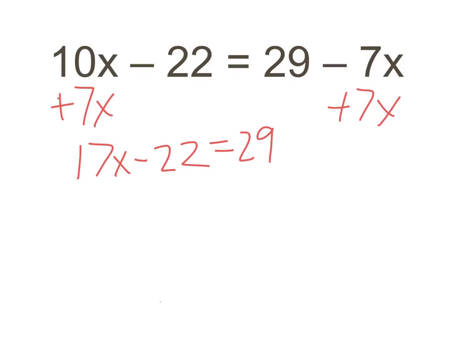The next thing we're going to move over, following down our checklist, so we moved over the x term, little brother to big brother, using the inverse operation. It was a negative, so we added. Now we're going to move the number with no variable or constant, which is a negative 22, so we're going to add 22 to both sides, which will give us a 17x equals